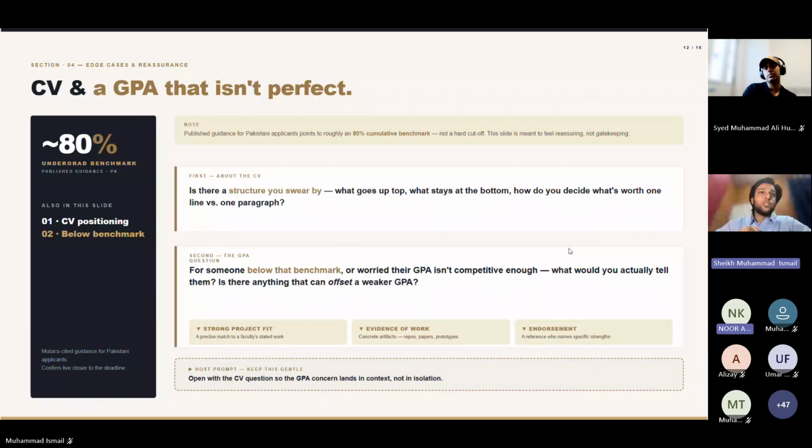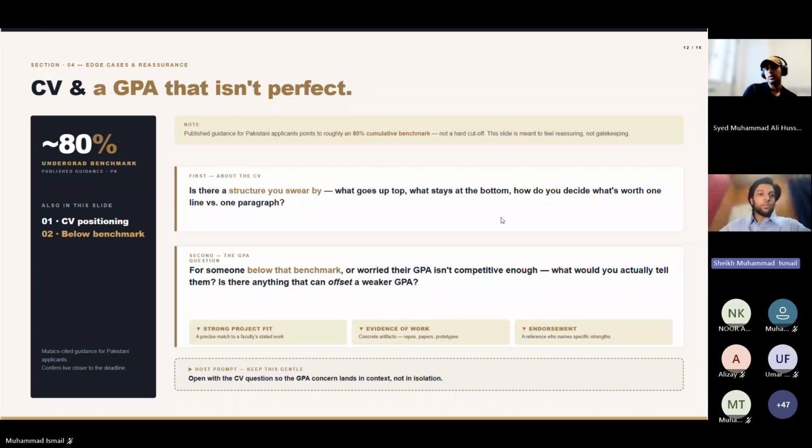I think that this restriction was placed last year, right? That they just cut anyone who didn't have enough GPA before the first round. But I think before that, they always looked at the profile as a whole, not at GPA itself, right? So I would say that there's no harm in applying because you never know what they're going to do this time, right? So you should still apply.